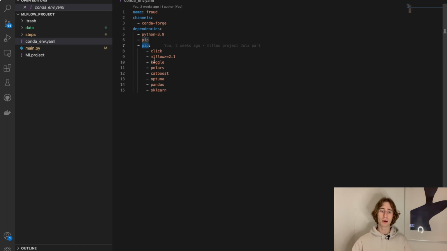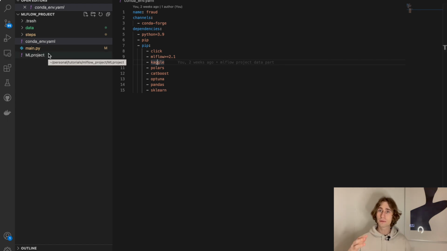So it's going to be above or equal to 2.1, or you can just not specify any version and then it's going to pull the latest one. Usually it's the best practice to specify the exact version, but here I was too lazy, so I specified it only for MLflow. And these are basically the main things that we want to have to make sure that our